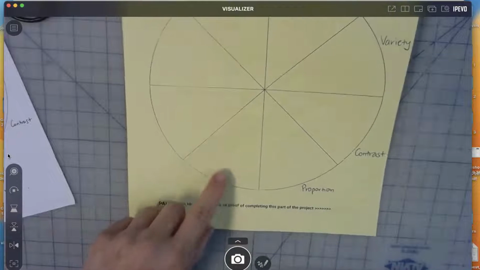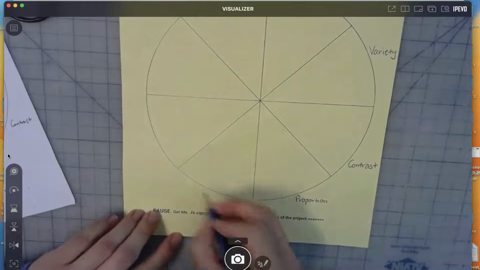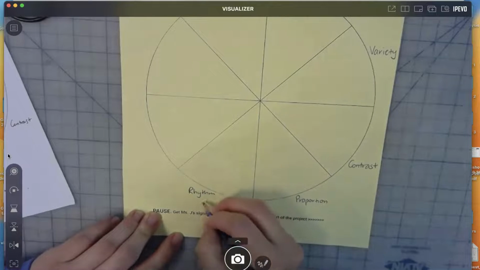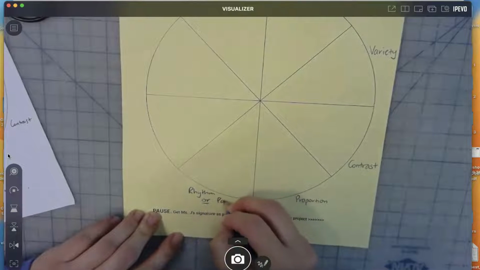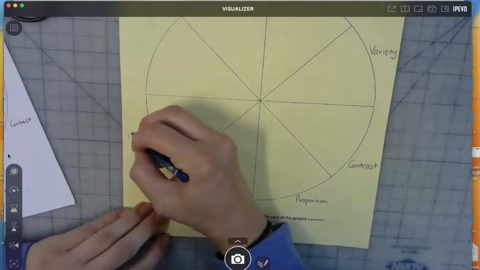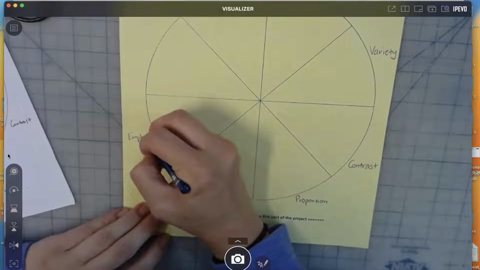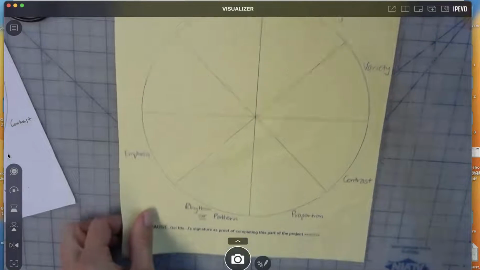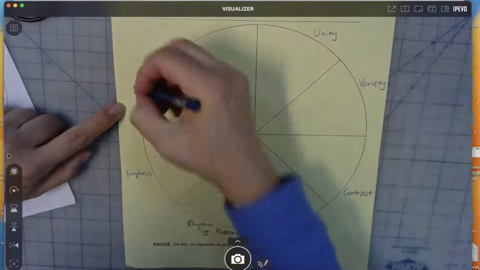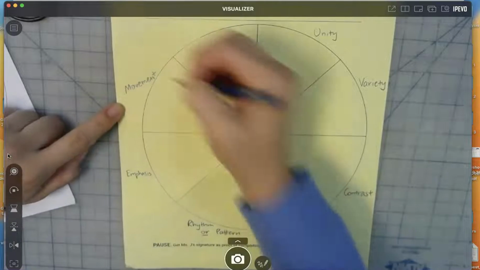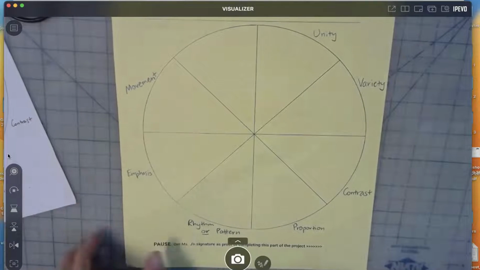Now this one you have a choice right here. You can do rhythm or pattern. Rhythm or pattern for this one. For this space here, you're going to create a collage that uses emphasis. In this space here, we're going to use movement, specifically visual movement.